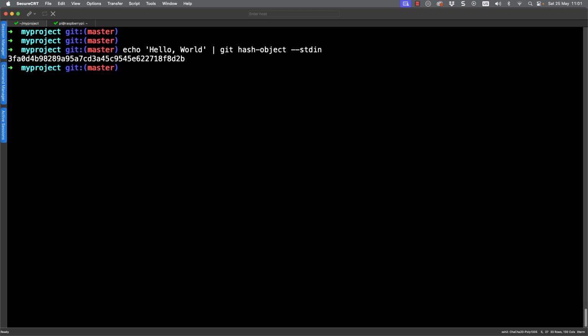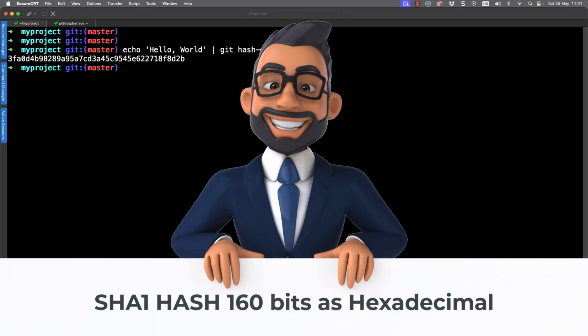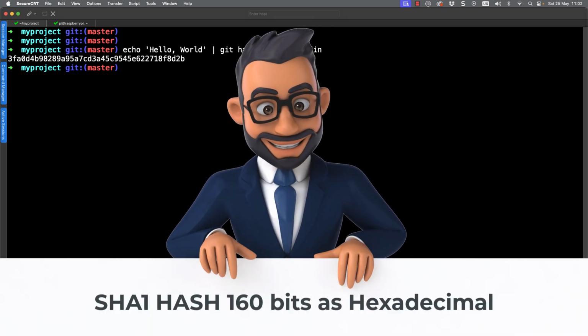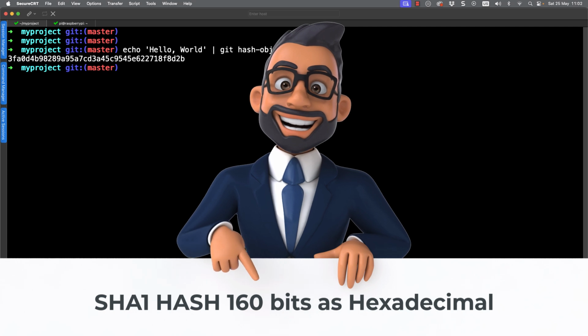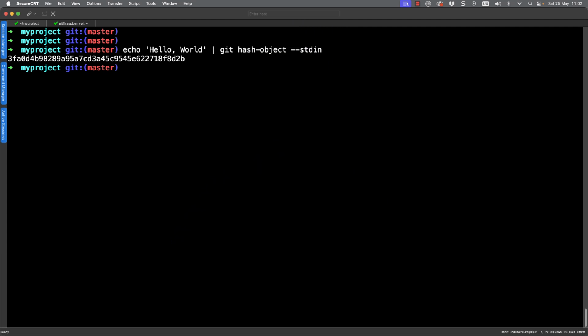Now, when we take a look at the hash, it represents our file. Doesn't matter how big the file is, it's always going to be producing the same size. So SHA-1 hashes are 160 bits, but they're represented as hexadecimal. And as I say, so long as you put in exactly the same input, you're going to get exactly the same output, exactly the same hash.